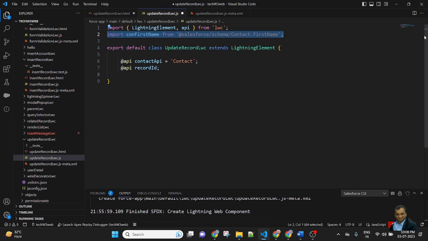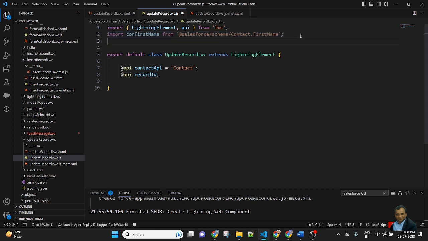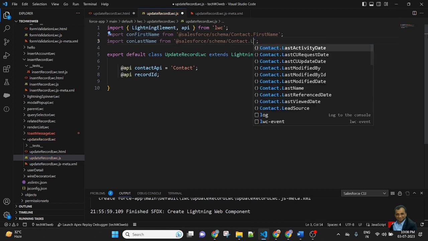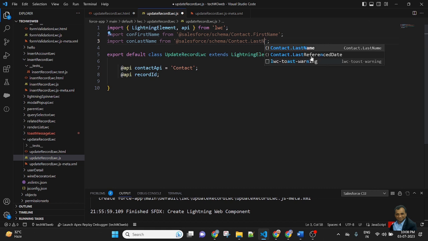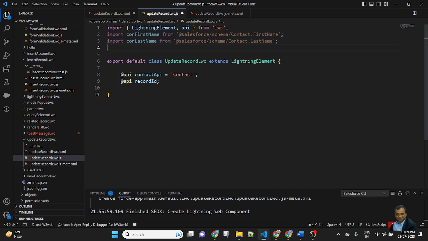Copy the line for last name, so here it will be last name. Copy this line for email, contact dot email.